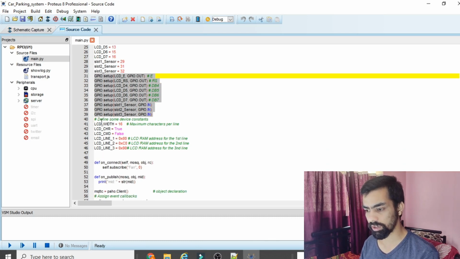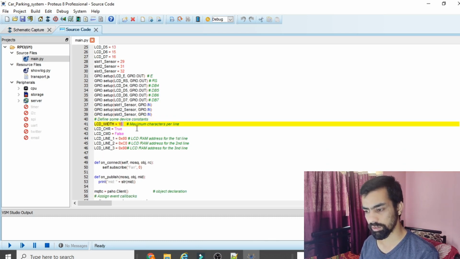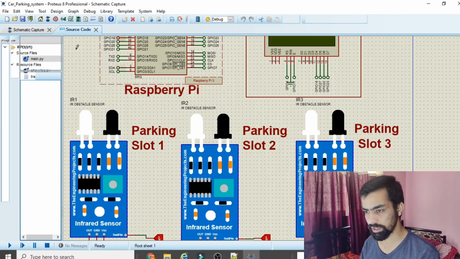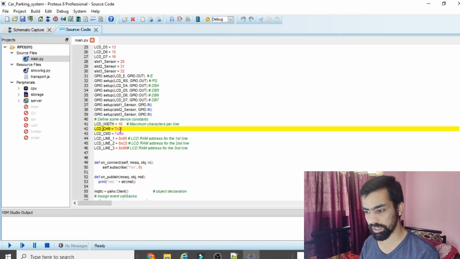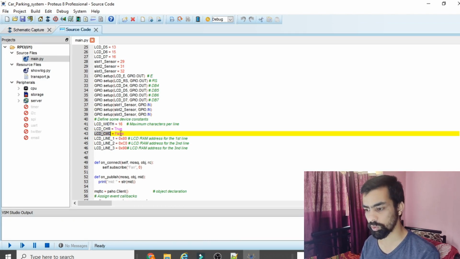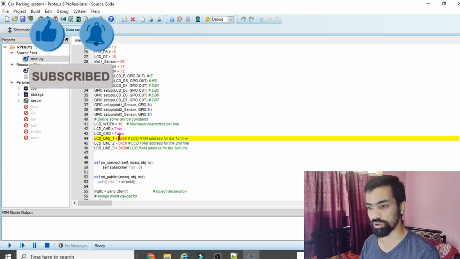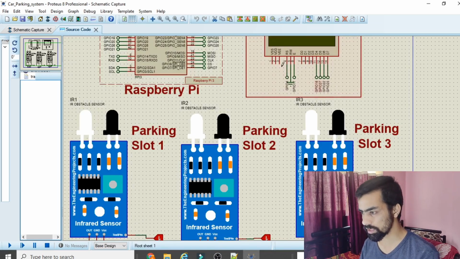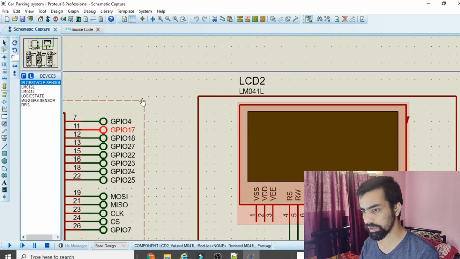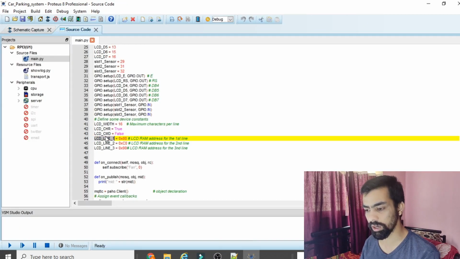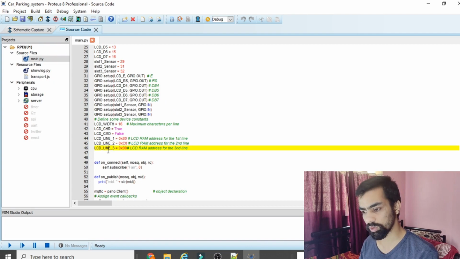Then after that LCD bit is 16 because we have a 16 character LCD. Then the LCD character variables, we will explain later what the use of these variables is. Now LCD line number 1 is 0x80, line number 2 is 0xC0, and line number 3 is 0x90. If you want to print any value on LCD line number 1, that is row 1, then you require this variable. If you want to print any message on row 2, then you require this variable. Same for row 3, this variable.